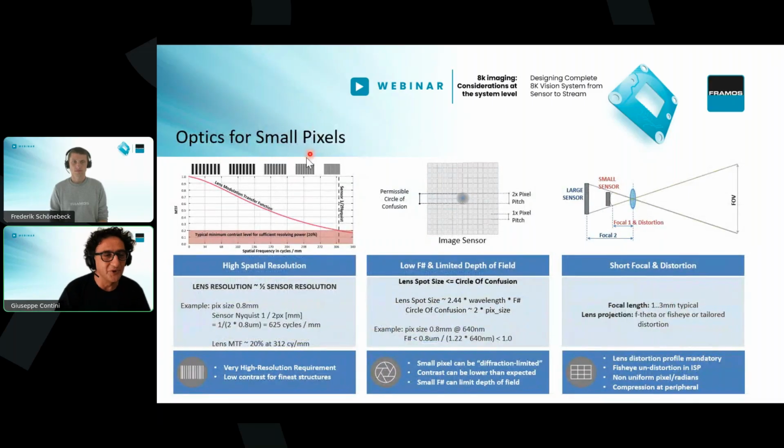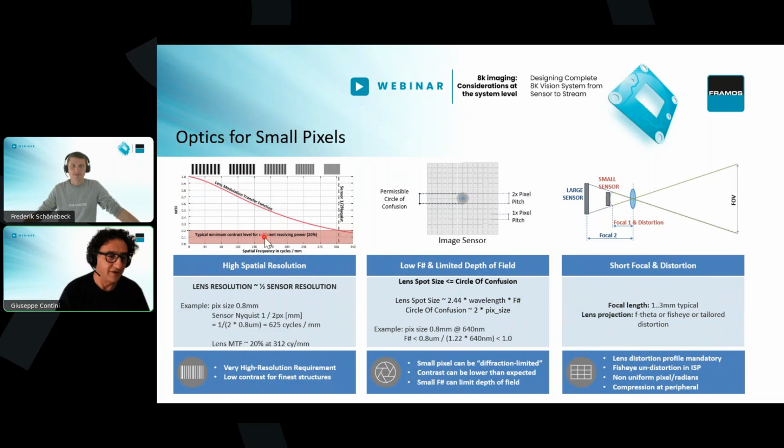Optics. So I mentioned MTF resolution. Here is a typical lens modulation transfer function. You buy a lens, and this is a low-pass filter. But actually you have very high data to manage because you have a very small pixel size, and so you have very high frequencies. Here you have the frequencies, and typically the lens at high frequencies goes low. And here means that you need to have a very high